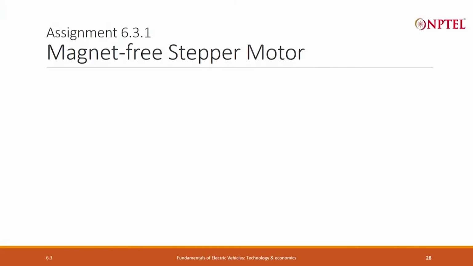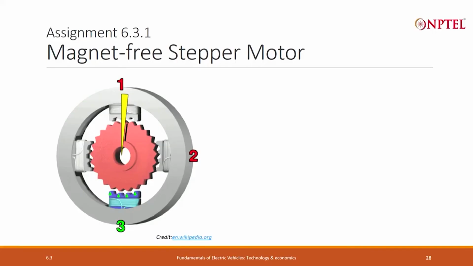In order to get a better understanding of reluctance, I will introduce you to a toy motor that many of you may have used in some high school projects. It is called a stepper motor. It has no magnets in it, and whenever I fire a coil,